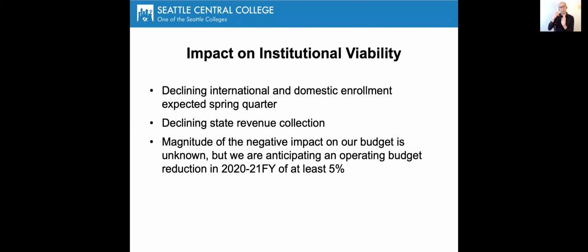Next slide, please. So all of this is, as I said, unprecedented, and we know that it is going to have an impact on our state. It is going to have an impact on our economy. And given that our state is highly dependent on sales tax, there will be an impact on the colleges going forward. We are already seeing